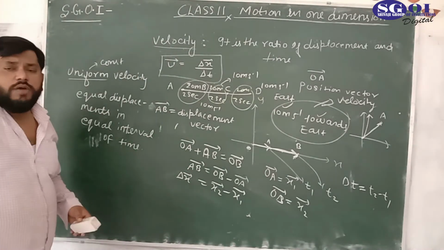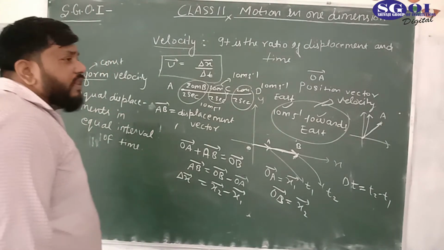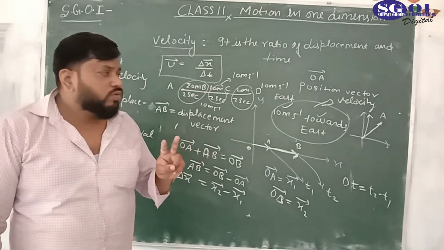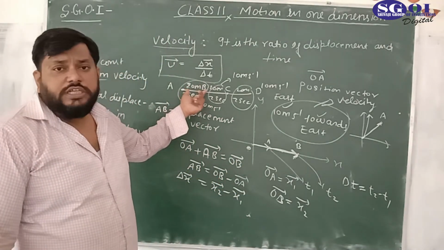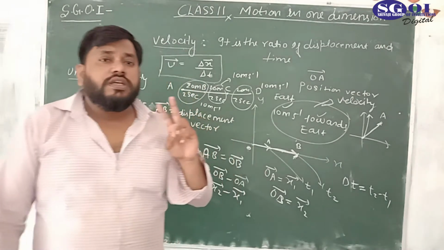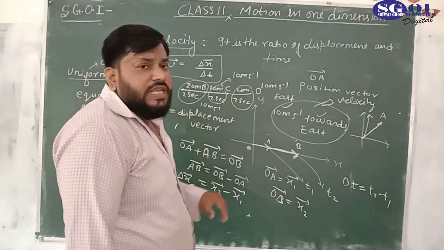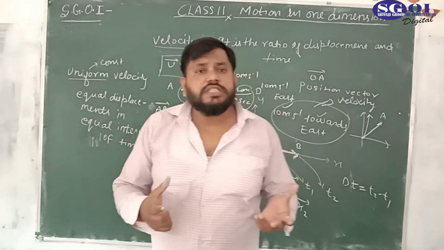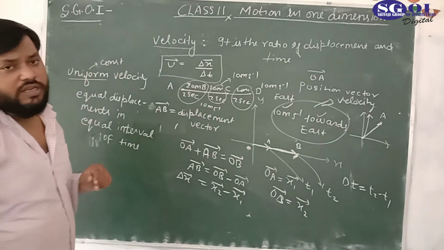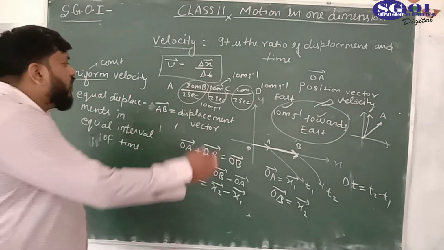But object velocity can be variable. Object velocity could be changed, and the change in velocity is because of reasons: first, the displacement would be different; second, time would be different; and third, direction would be different. If the direction of the motion is changing, we can say the velocity changes, and if the magnitude of the displacement is changing, we can also say the velocity is changing.